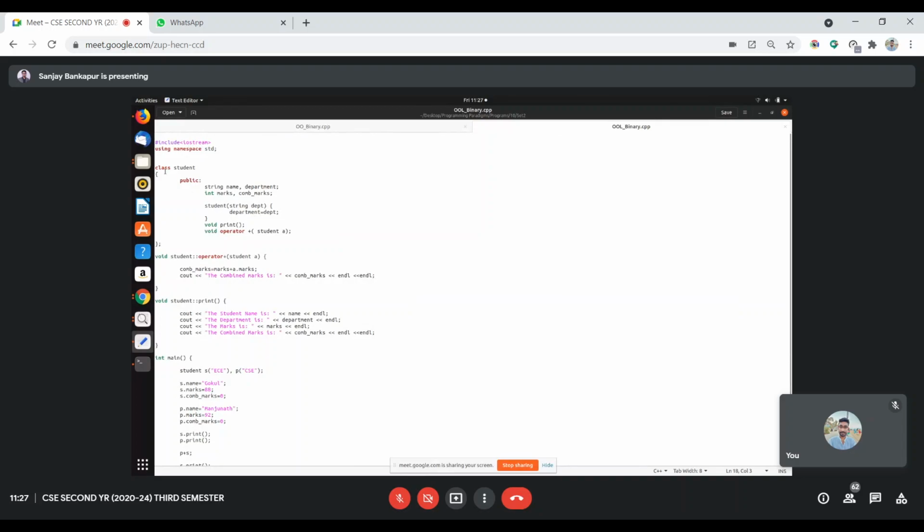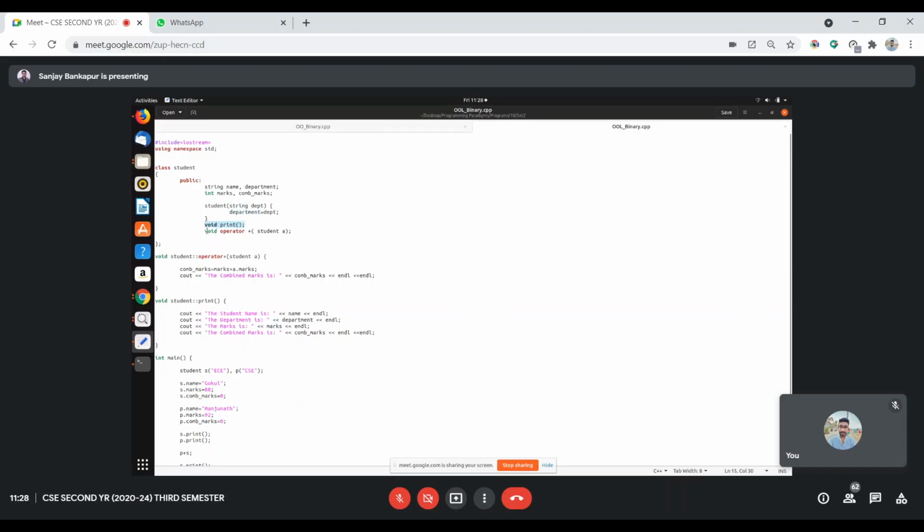I have a student class in this, having a name, department, marks and combined marks, and a constructor with department passed as an argument, and the parameter is of type string. Here it will receive and update the department.